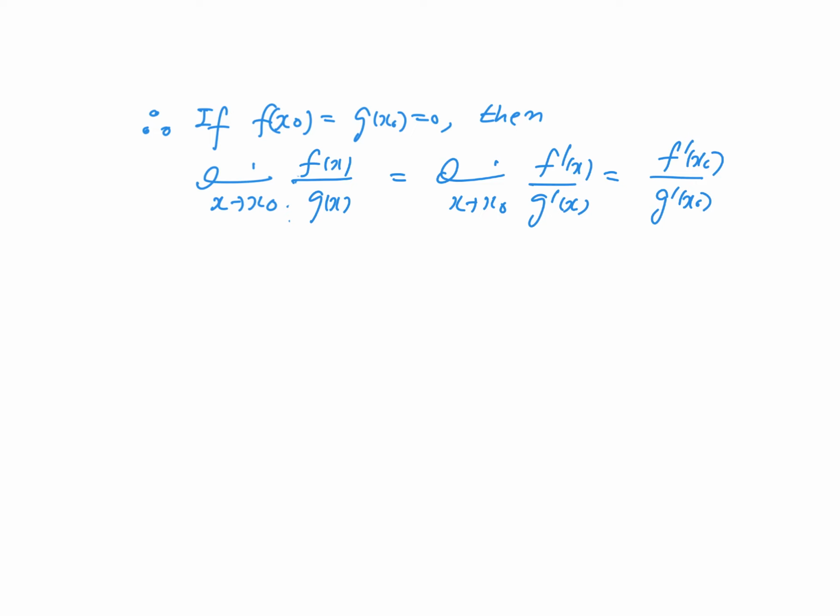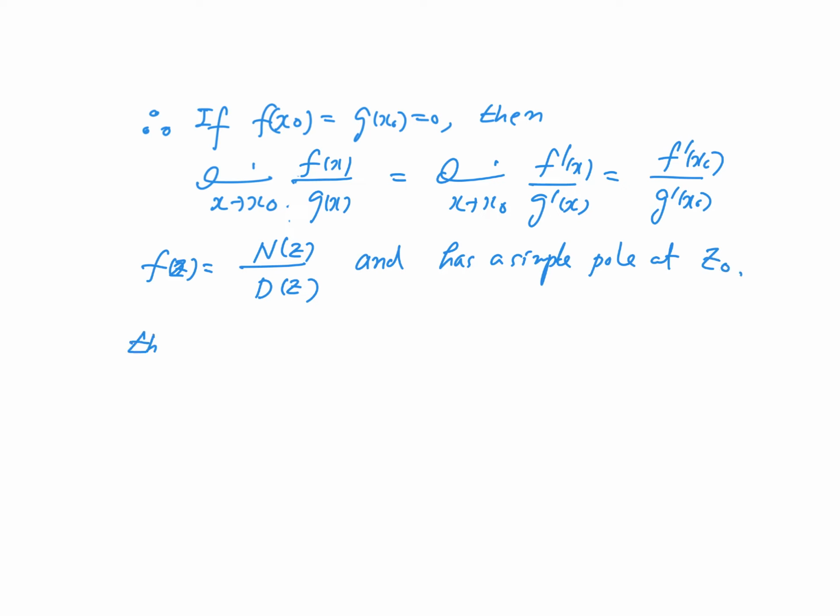And in some cases, this L'Hopital's rule can be used very wisely. For example, if f(z) is of the form N(z) over D(z) and has a simple pole at z0, then the residue at z0 is simply